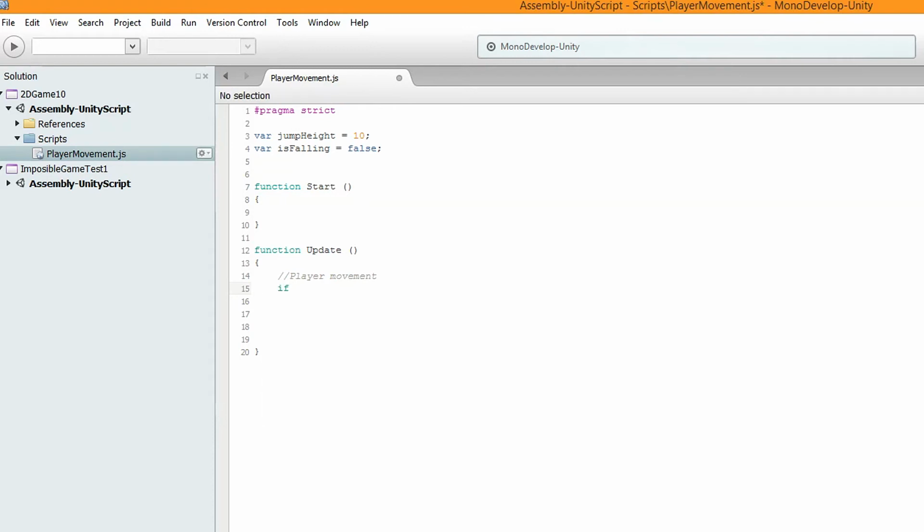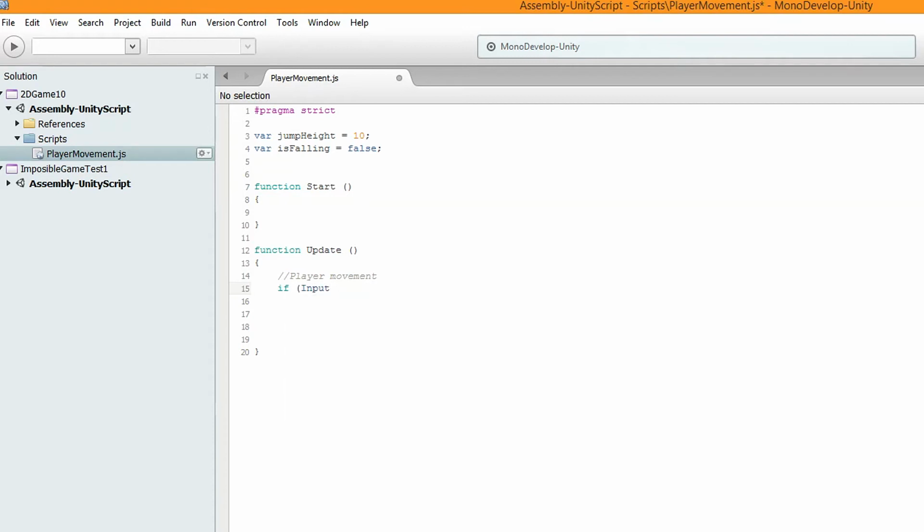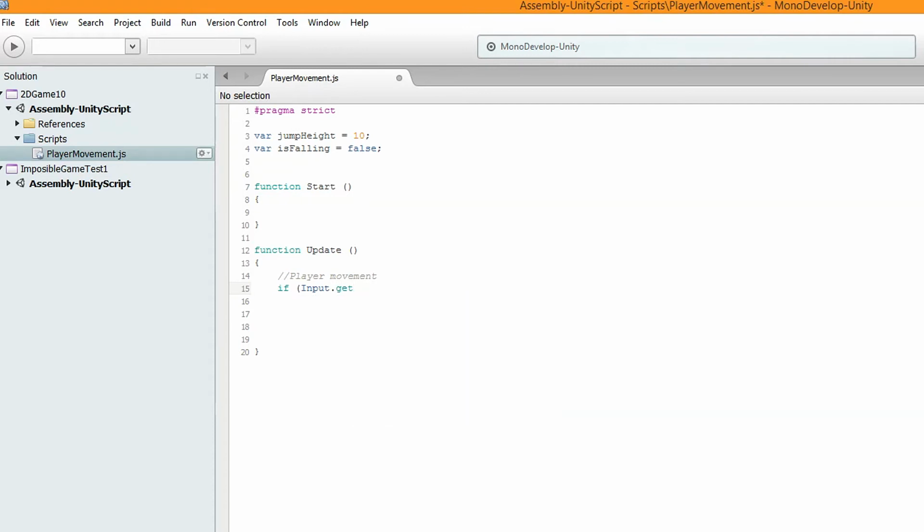So if, input, if I can type, dot GetKey, another bracket, KeyCode.Space, bracket, and then bracket, because as you can see, this bracket is defined to the first bracket, and then this bracket is defined to that bracket, so we have to close it with 2 brackets.